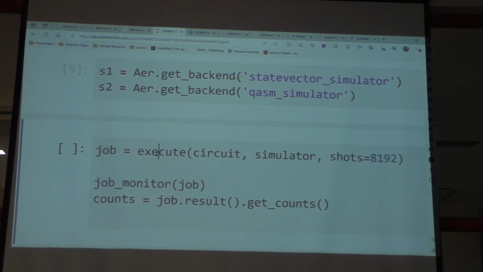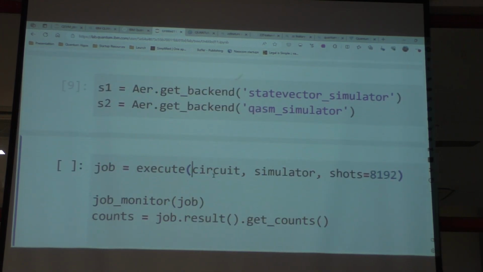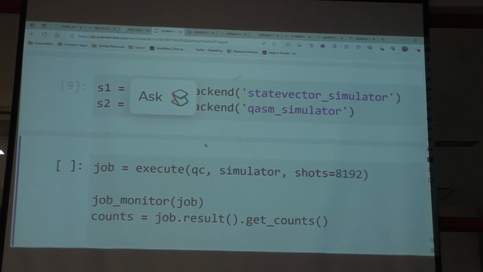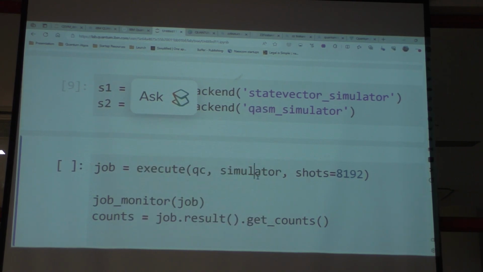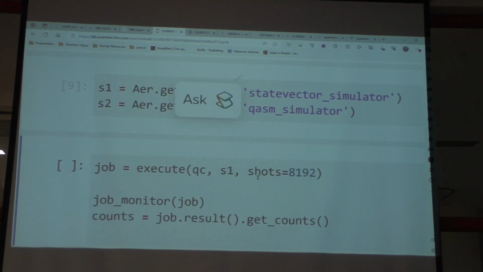It is simply calling the function execute with the circuit that you have defined. I have defined the circuit as QC and the simulator that you want. I have defined the simulator as S1. And the shots I'll probably reduce to